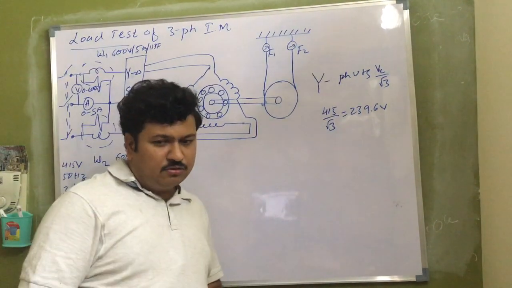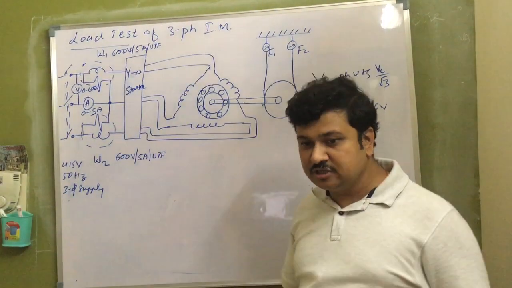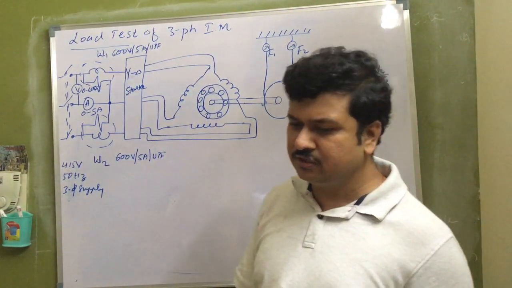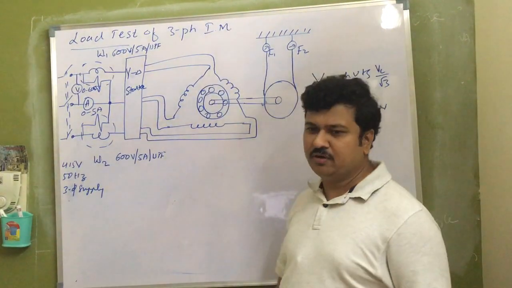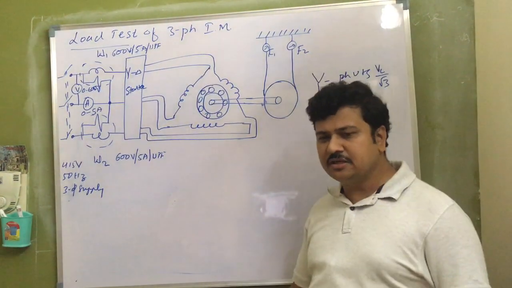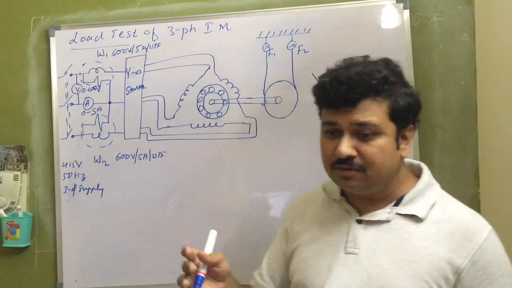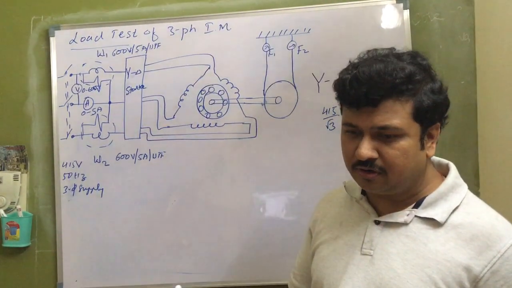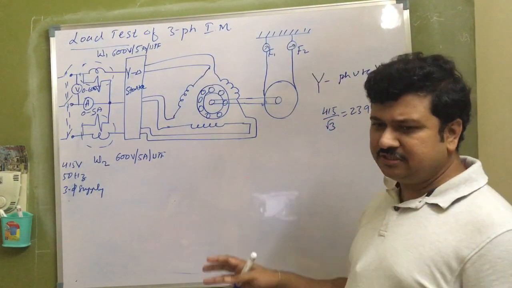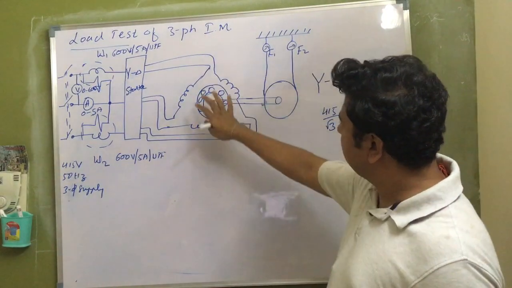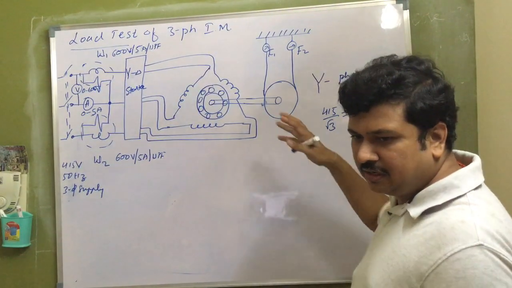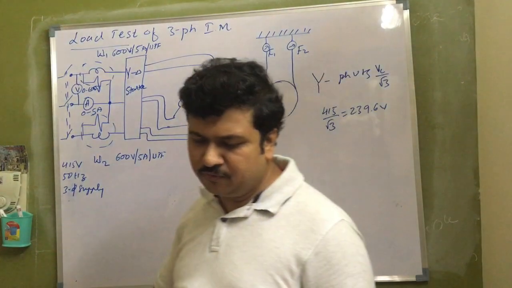Initially why the voltage has to be reduced is, as I explained in the last lab session, whichever type of motor it may be, it will take a large amount of current at start, because it has to overcome the inertia and satisfy the starting torque. To get the large starting torque, the motor will draw large current from the source, and if that large current persists for a long time, there will be excessive copper loss and deterioration of the insulation. So that should not happen. Therefore, initially I connect the stator winding in star fashion, so that the voltage drawn from the source is root 3 times lesser when compared to the full voltage.